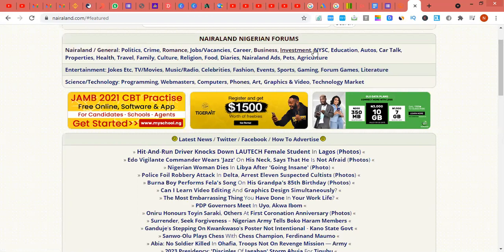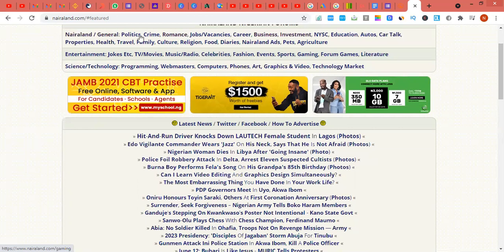Let's get literature here. If you don't get it there, you can get it from another side. This side is job vacancy, business, education, and there's a part for writing. Look at literature here.